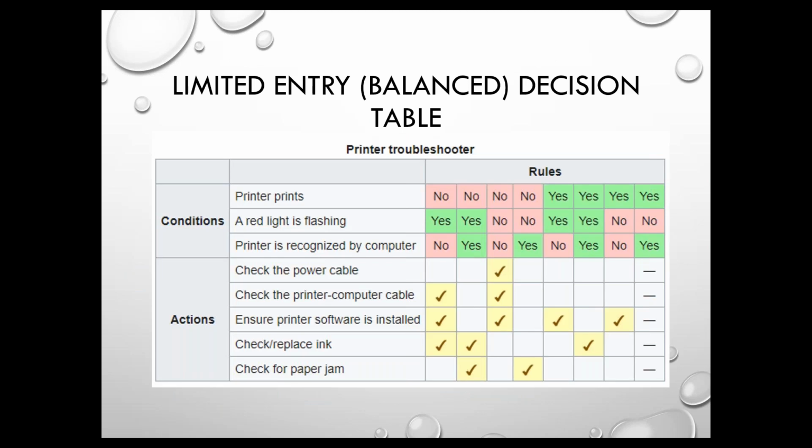This is known as a decision table, of which there are two types: limited entry or balance, and an extended entry, which we'll come on to in a moment. Now, let me dispel a couple of myths. Some people may say, oh, decision tables, that's a new feature. Well, it's fairly new to EA, yes, but it's been around for an awful long time.